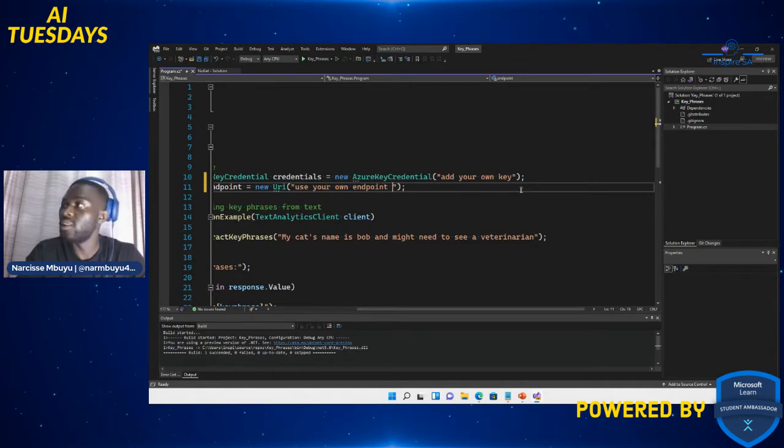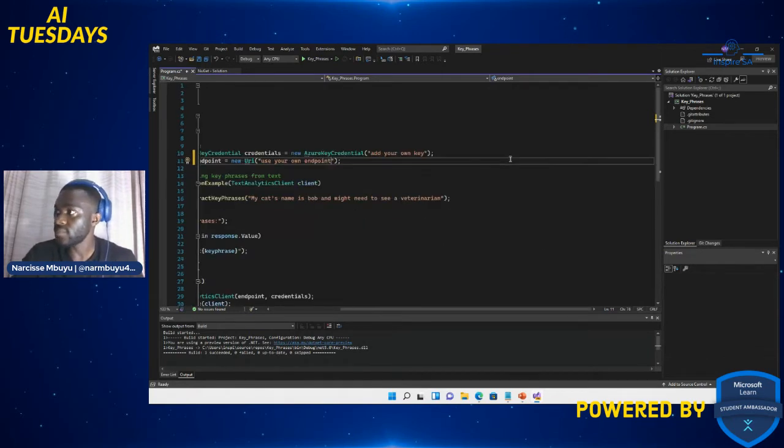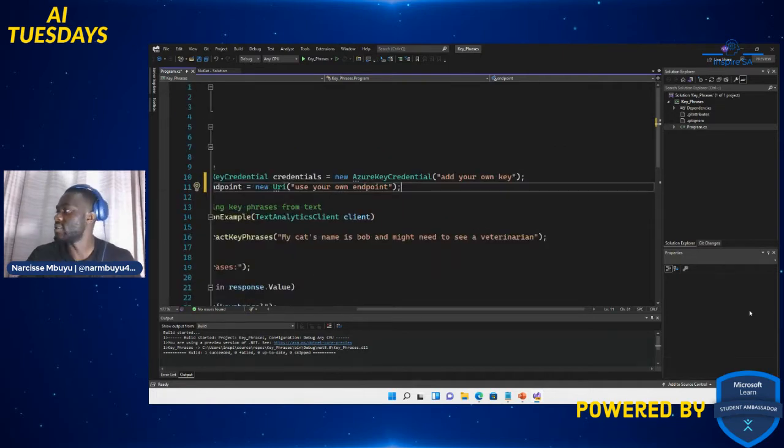The reason why I'm doing this is because you can't put your key and your endpoint publicly, because if someone has access to it, they can use this to hack your Azure account, or misuse your credits that you have on an Azure account basically. So that is not a good practice, to publish your keys for everybody to see and have access to it basically. So yeah, that's the first application done, right?